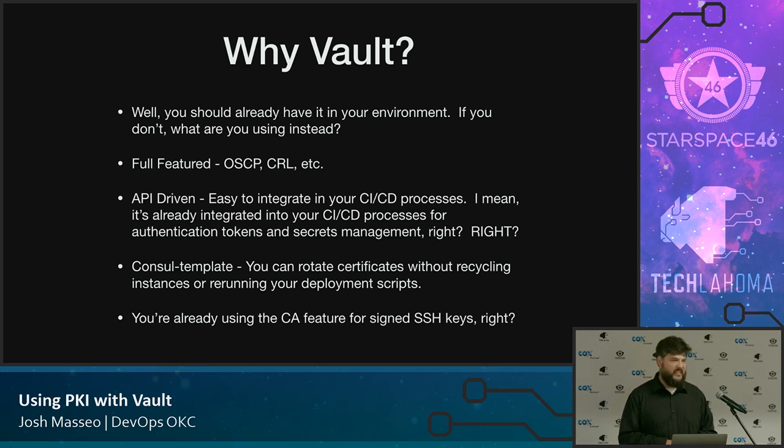It's easy to use. It's easy to set up. The setup of the CA, I'm not going to do a demo, but it's a 10-minute blog article on learn.hashicorp.com. It shows you how to do it using the Vault CLI tool, with curl commands, and with their new web UI. When I did most of my Vault work, the web UI did not exist. It's nice, it's new. You can do a lot more, with less flipping through documentation and HTTP APIs, but it is